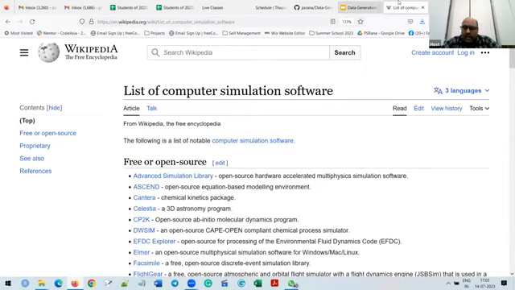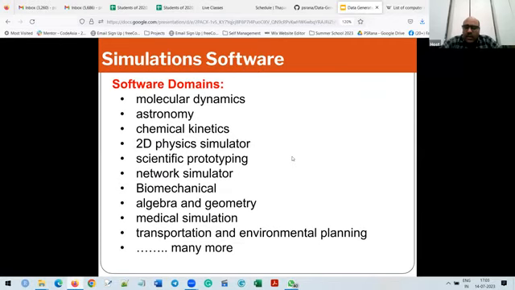Now come back to the slide. So class, these are the different domains. Let's suppose you are very interested in astronomy, but you are not getting that data; you can find simulation software that works on astronomy. Similarly, if you are working in molecular dynamics.